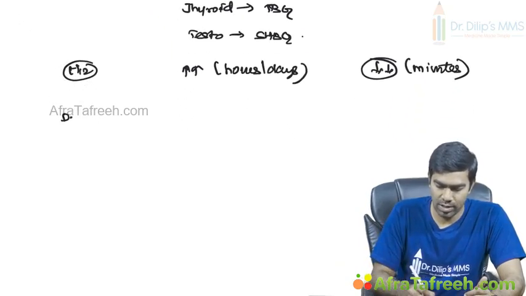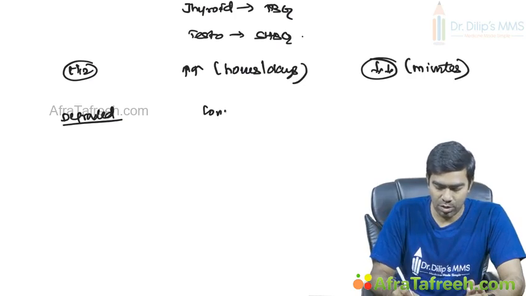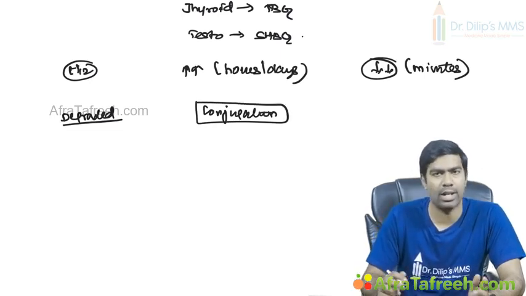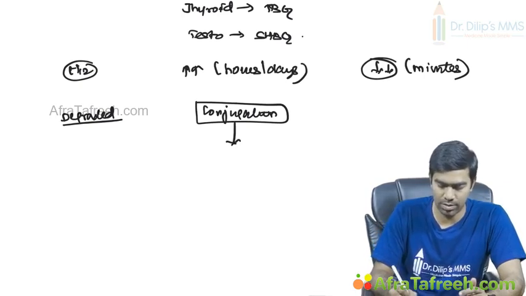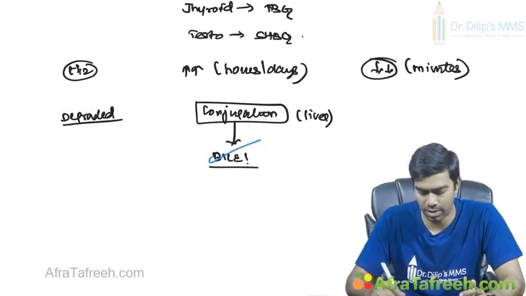Next, how they are degraded. So lipophilic hormones have to be inactivated by the conjugation principle. Which means this is the most important, crucial step for inactivation of any steroid hormone, or any lipophilic hormone, by conjugation, which will be done in the liver and then excreted in the bile. That's it, because they are fat soluble, they have to be excreted in the bile.